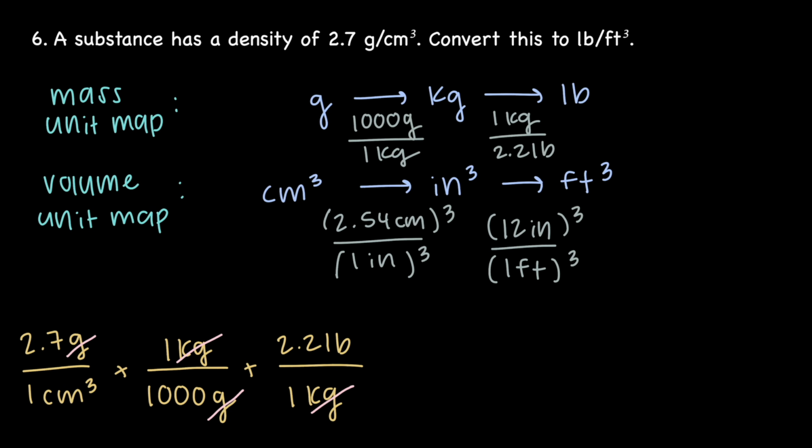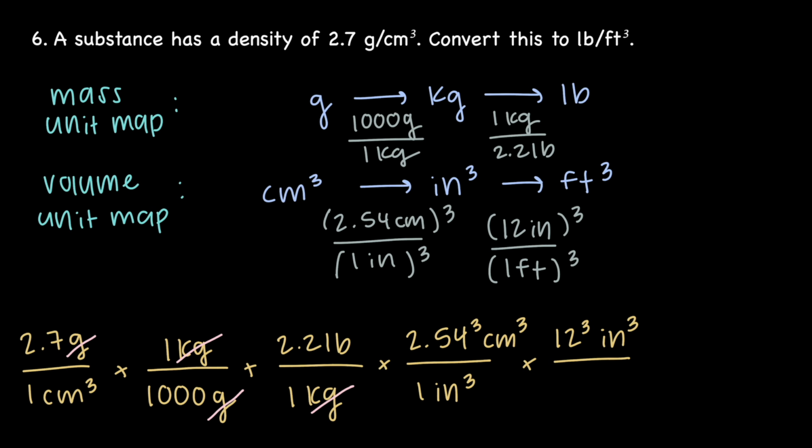We can now look at converting cubic centimeters to cubic feet. In the next fraction, 2.54 centimeters cubed goes on the top and 1 inch cubed goes on the bottom. In the next fraction, 12 inches cubed goes on the top and 1 cubic foot goes on the bottom. Cubic centimeters cancel out and cubic inches cancel out, and we are left with cubic feet, the unit we need for the bottom. Multiplying and dividing all values, we get 170 pounds per cubic foot with the correct number of